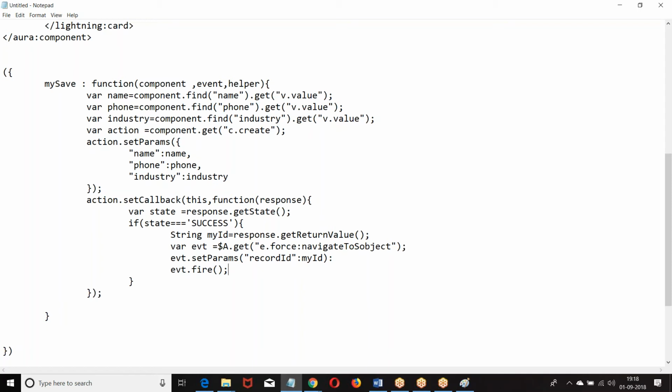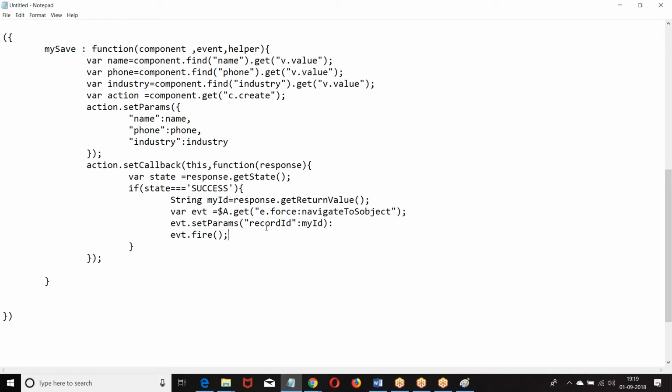Clear? Okay. Now complete the remaining method. What is the method? Cancel. Define the cancel method. How do you define the cancel method? Reset the values of name, phone, industry, and print a toast message. Okay, so toast. Now complete the example. I have written the major functionality. The remaining functionality, start creating it. Boss, if you don't make an attempt, you will not follow. As simple as that. If you make an attempt at writing 30 to 40% of the content, you understand. Later, if you look at the code, at least you feel like you know this.